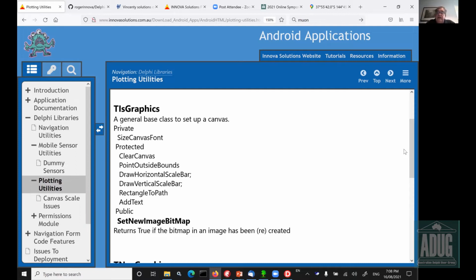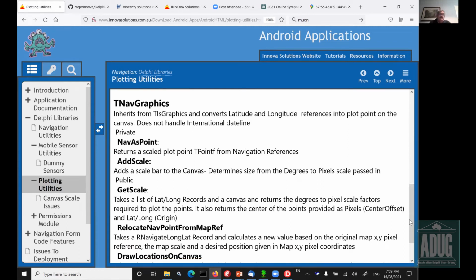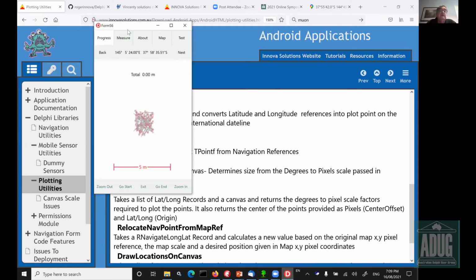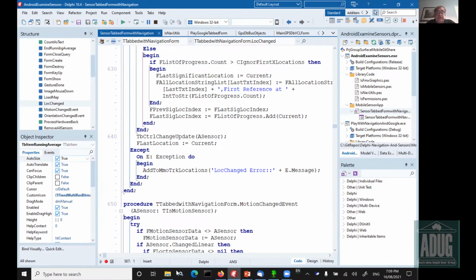The next one actually converts the navigation records and plots them on a scale, and it allows for the fact that the longitudes and latitudes narrow as you get to the poles, so that you wind up with proper diagrams. So if we look at